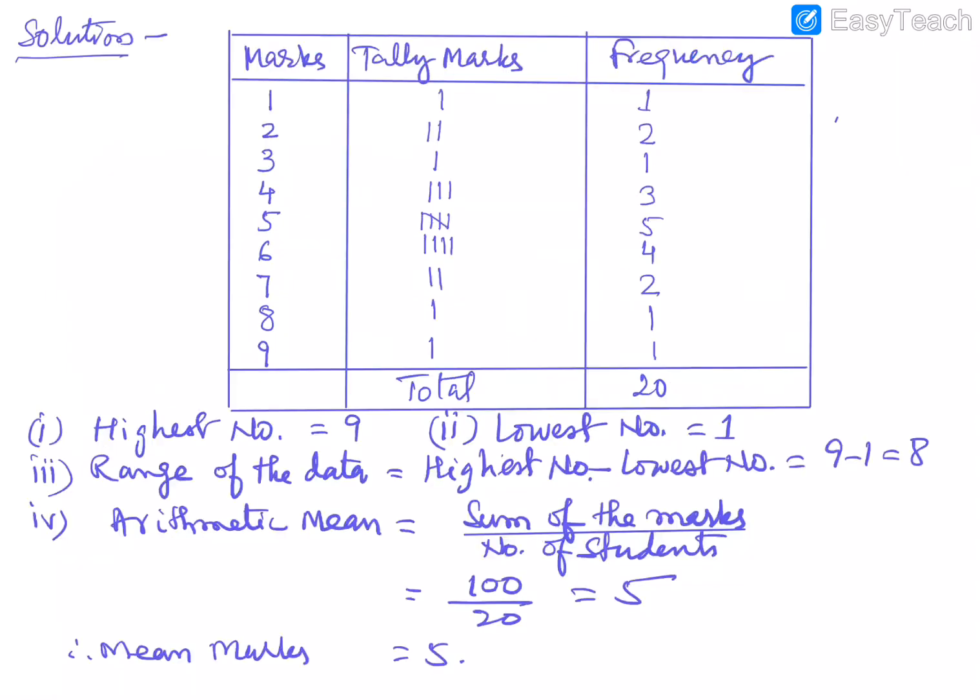We will make a table as shown here. Since the observations are related to the marks in an assessment, so first column will be of marks, then tally marks, then frequency, that is number of students. 1 mark